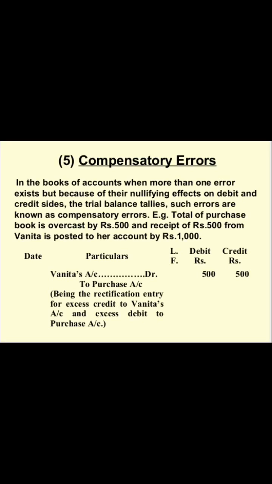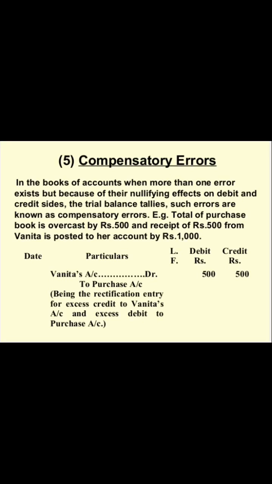Example, total of purchase books is overcast by 500 and receipt of 500 from Vinita is posted to her account by rupees 1000. That means here, to rectify this error, we have to credit the purchase account because purchase account has been overcast by 500, so we have to credit this to nullify the effect, and the receipt of 500 from Vinita has been posted as